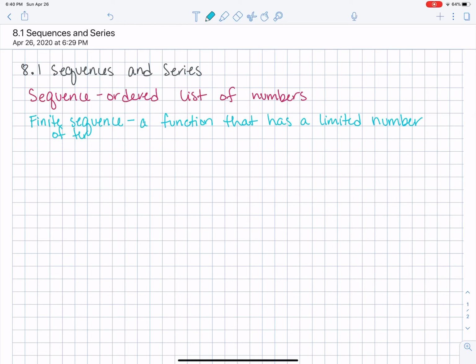And specifically about this, it's a function whose domain is the finite set